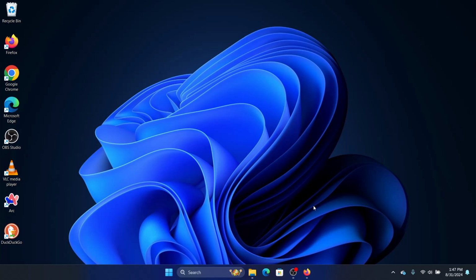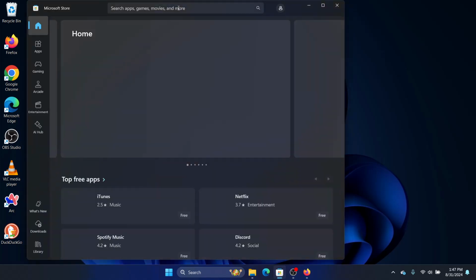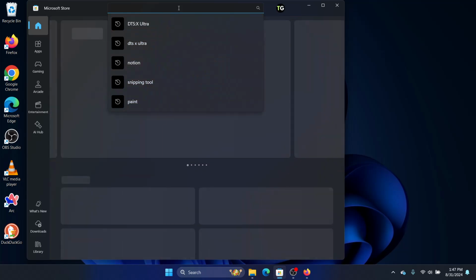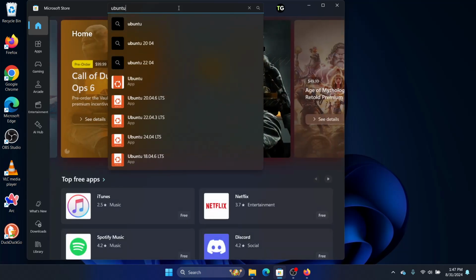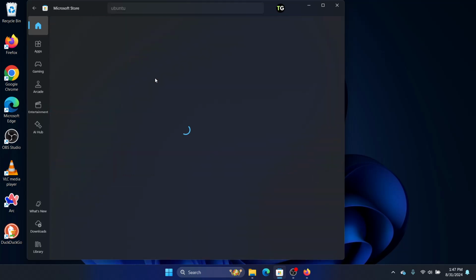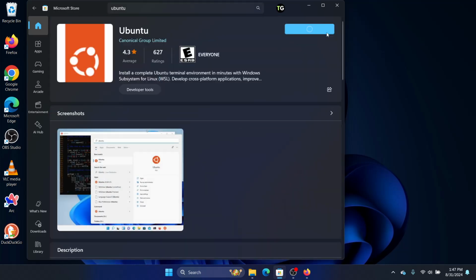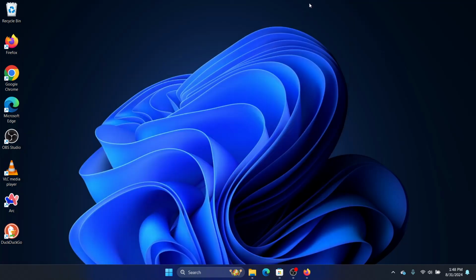working. But in case it doesn't work or you're not able to access these before options, then you need to download a third-party software, and I would recommend you download Ubuntu. So go to Microsoft Store and you can look for Ubuntu, and you can click on Get. And once this downloads, then you need to install it, or it will install by itself, and this should solve your